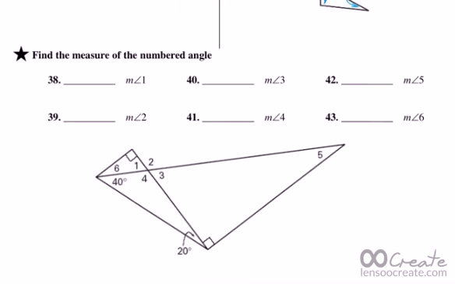All right, the last picture, we're going to work through the answers, and you're going to fill in the blanks. We notice on this bottom triangle that we have two of the three angles, the 40 and the 20, adds up to 60. The entire triangle adds up to 180, so we subtract that, and we have 120 degrees for angle 4. Vertical to that, we have angle 2, which is another 120 degrees. Then we have linear to that,